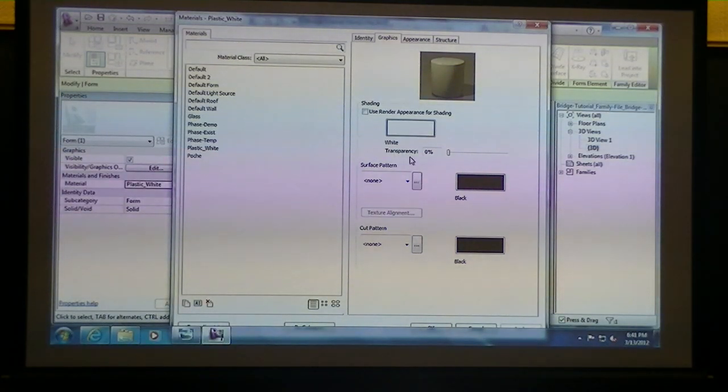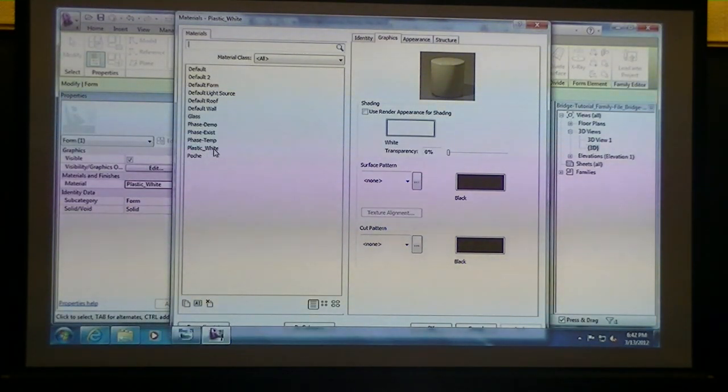Also, when you're in a project environment, remember you also have a whole other set of materials other than what we see here. Right now, we only have a few that are kind of our defaults, and then some phases and maybe glass